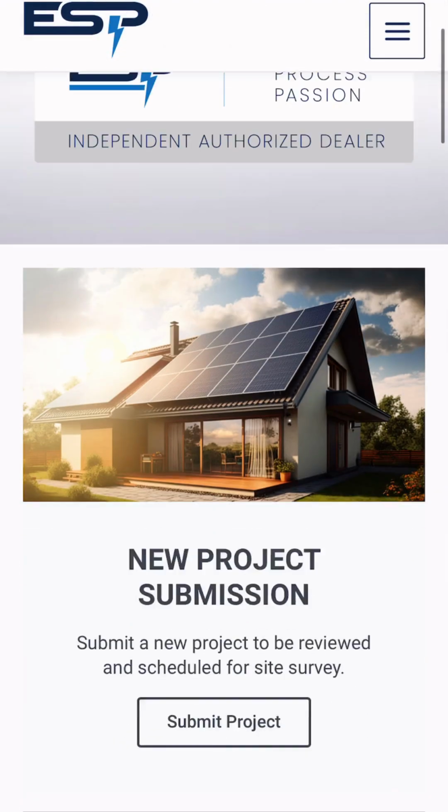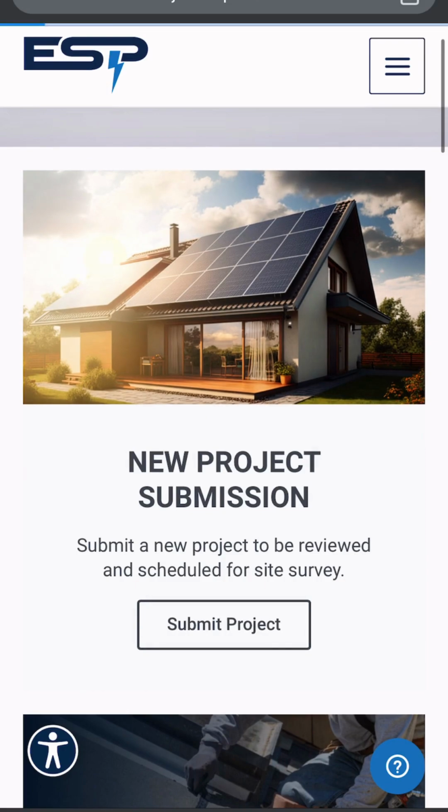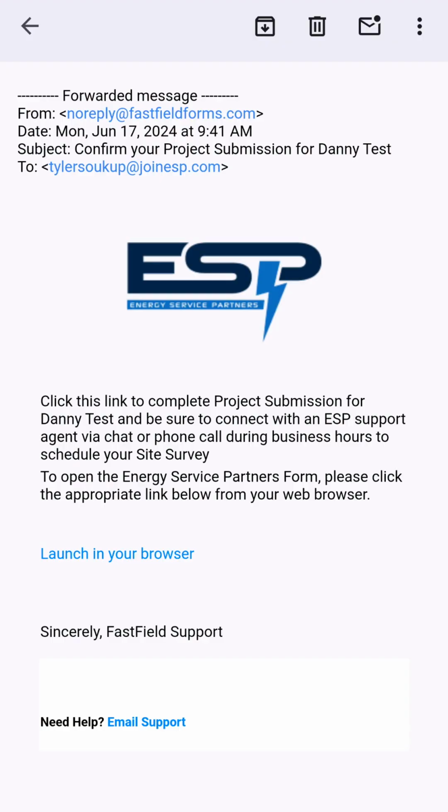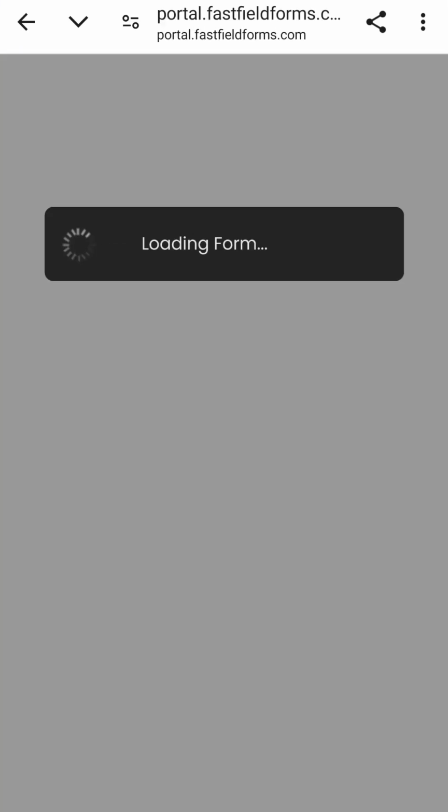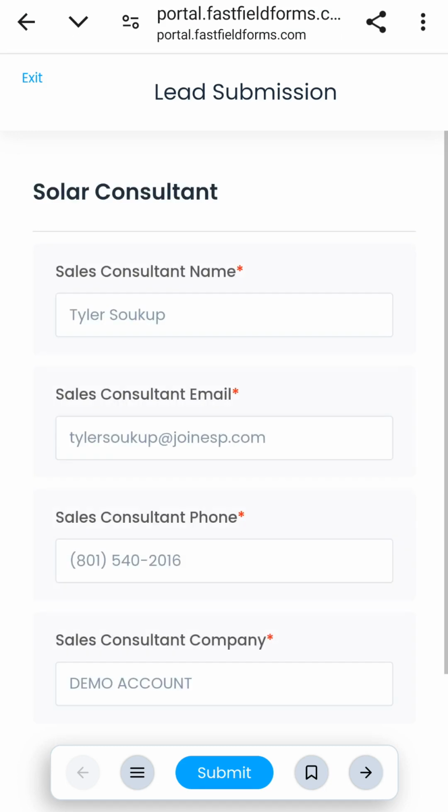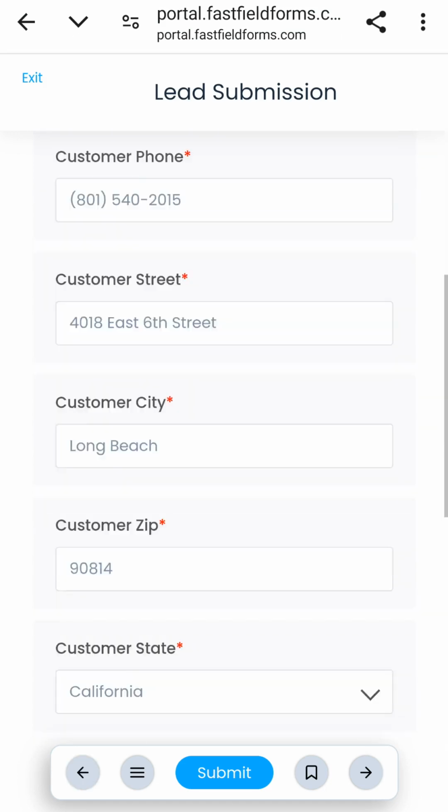Here's how to submit a new job using the form on your phone. First up, if you've received an email with the job creation link, use that instead. It will pre-populate almost all the information you need about the job, and you just have to confirm and chat in. Do not go to the Rep Hub, as that will create a duplicate and you'll have to manually fill